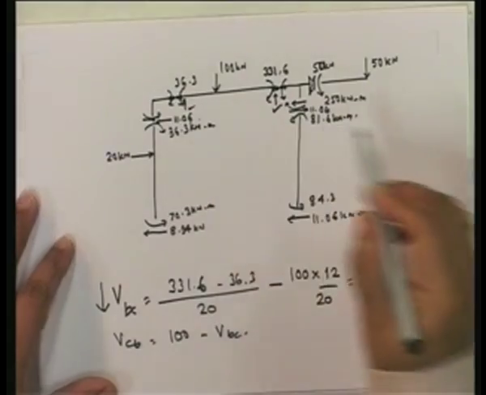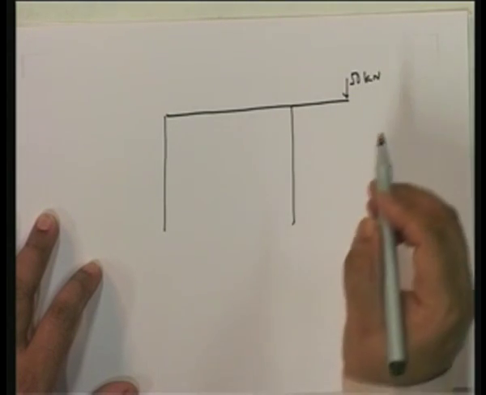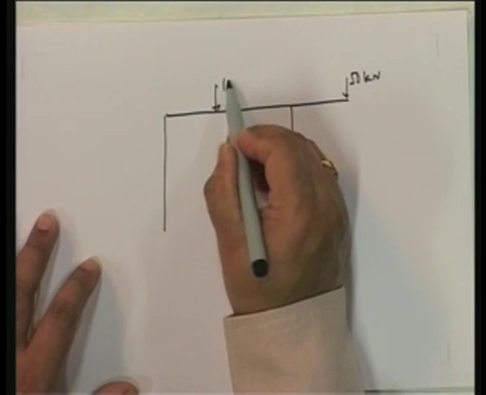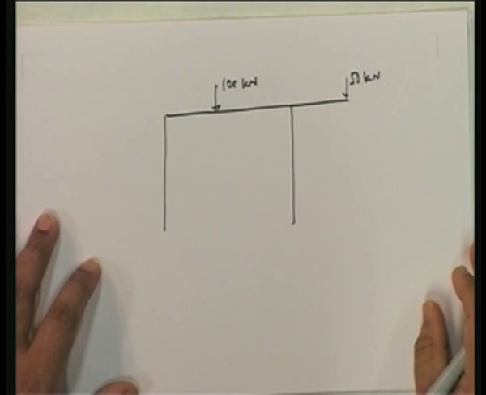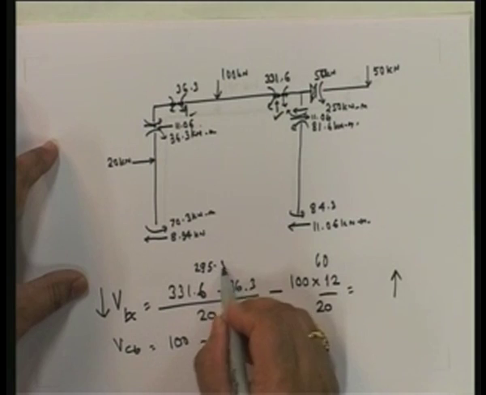So you can compute this, and you will see that they all balance each other out. Okay, and ultimately, if I were to look at the support reactions, if you look at this, it is going to be equal to 60, and this one is going to be equal to 2. Sorry, let me do this over here. This is going to be equal to 4.7. So this is going to be 295.3